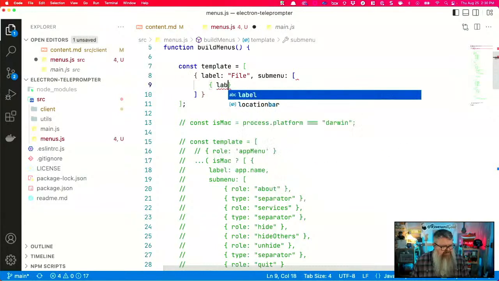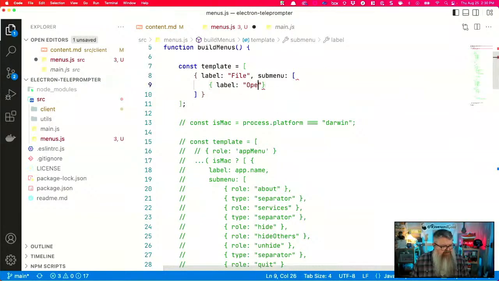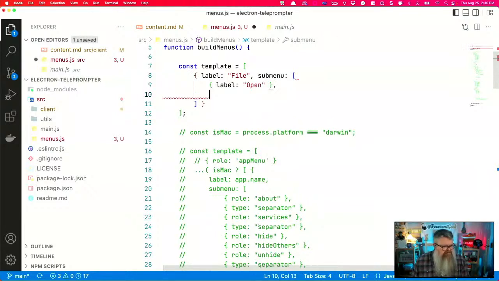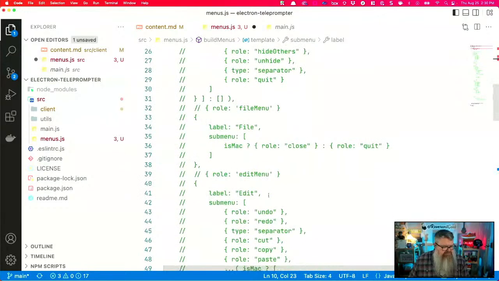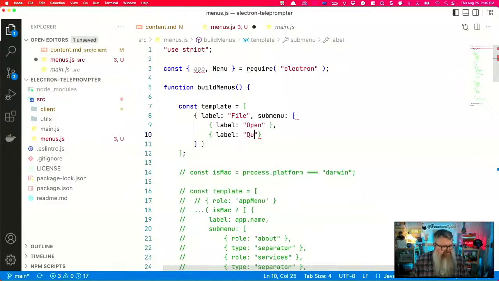The first one will have a label of open, and the second will have a label of, it'd be quit, but